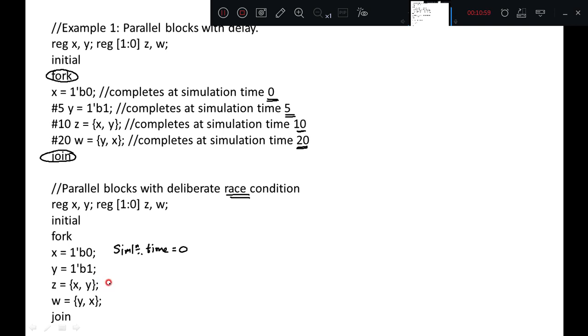So it entirely depends on how the parallel block statements are written, or which one is getting updated first. This is a limitation of the simulator, or we can say it depends entirely on how the block is implemented in the simulator.